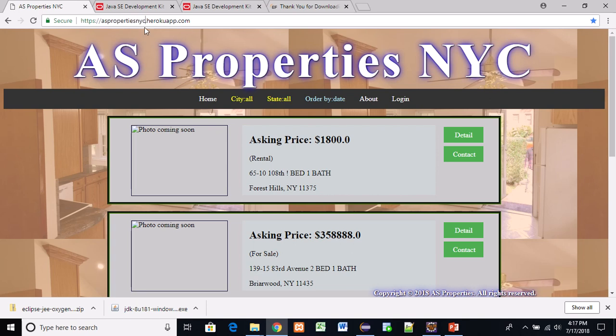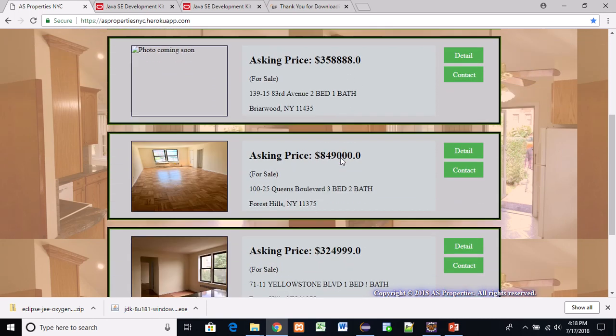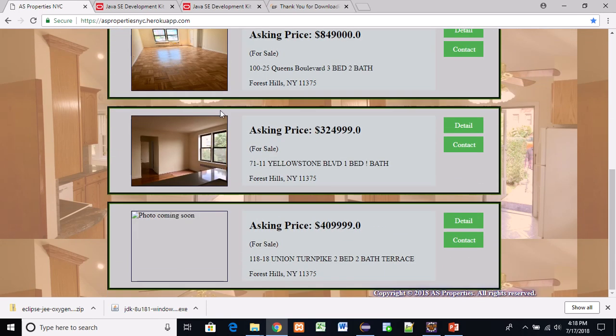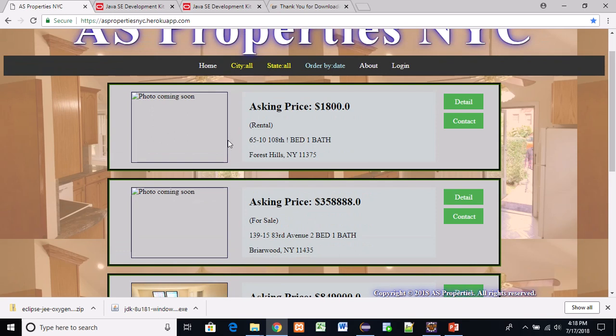It's asproperties.nyc. No, I'm sorry, aspropertiesnyc dot herokuapp.com. So aspropertiesnyc dot herokuapp.com. And basically it's a real estate website that people can go to, and they can see which property is